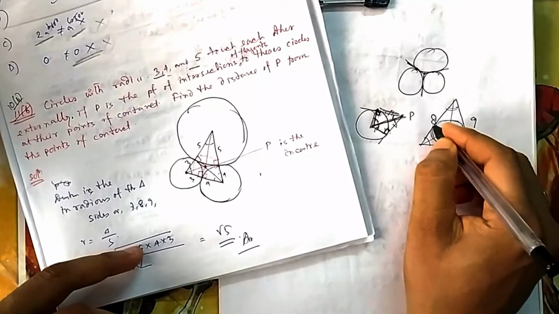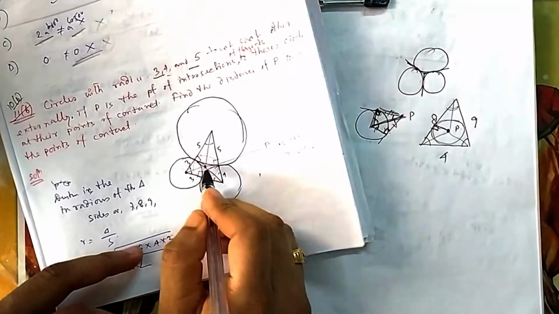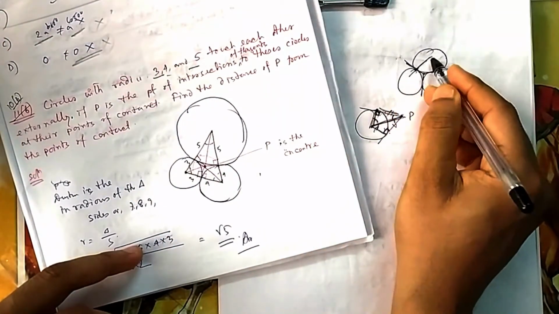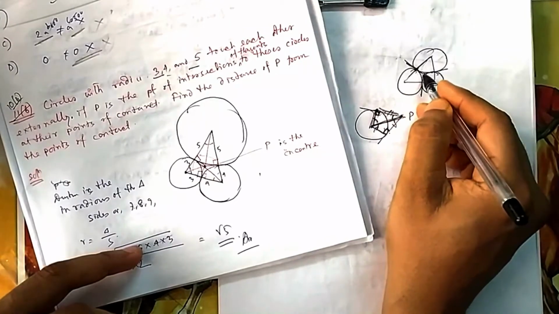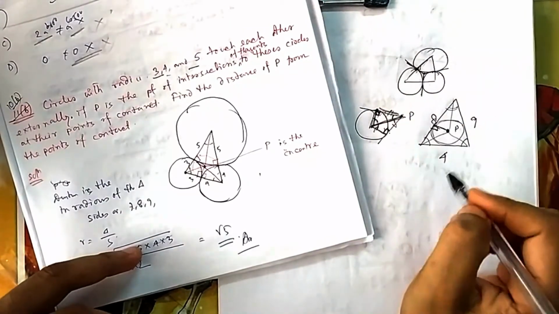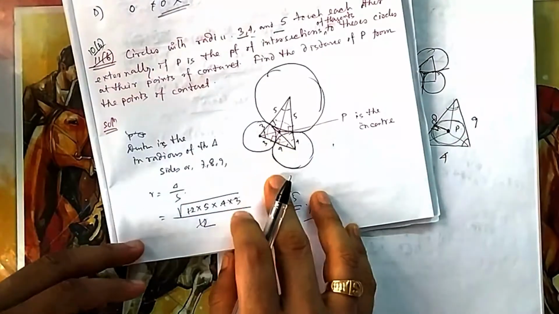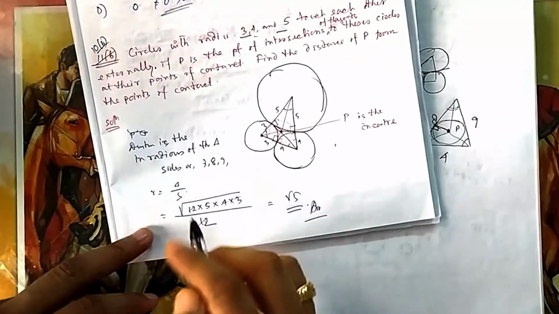Now this distance is nothing but the perpendicular that we have already drawn. This is the perpendicular, because this was the triangle. So this is the perpendicular, you can see. So they are asking you only the inradius. If you draw it, you will find they are asking only the inradius. So what is the formula of the inradius?